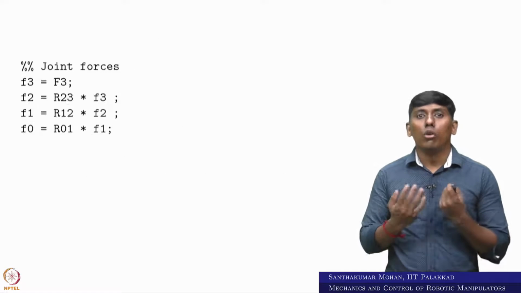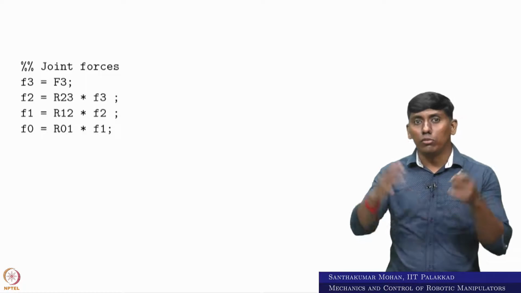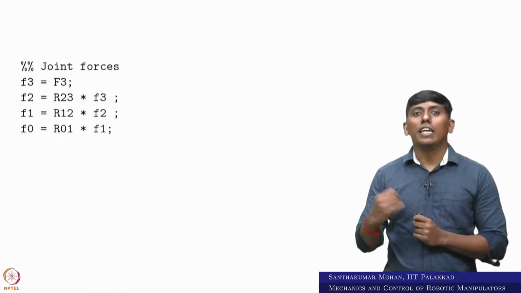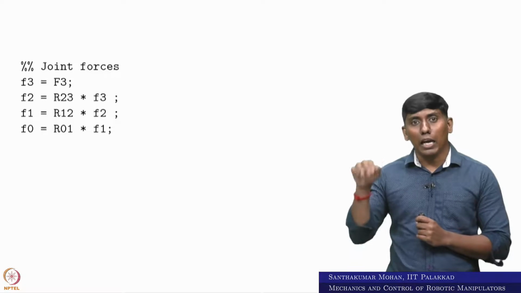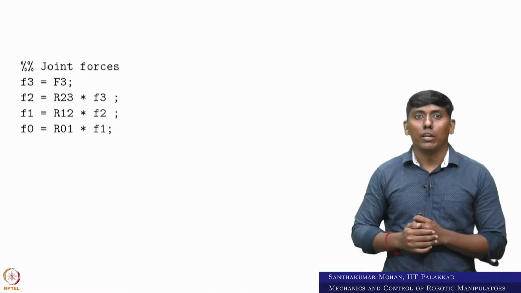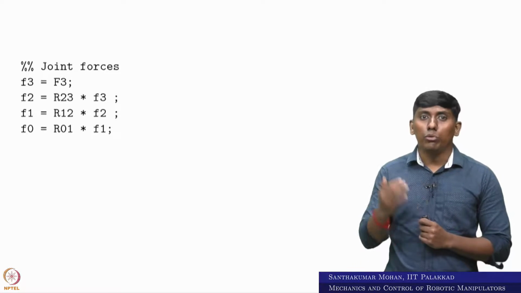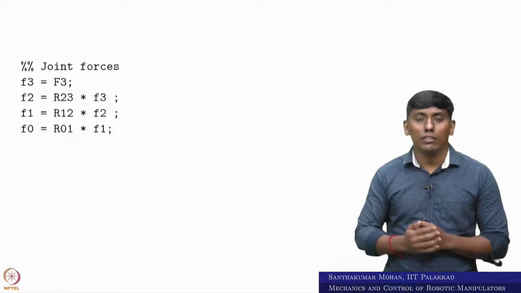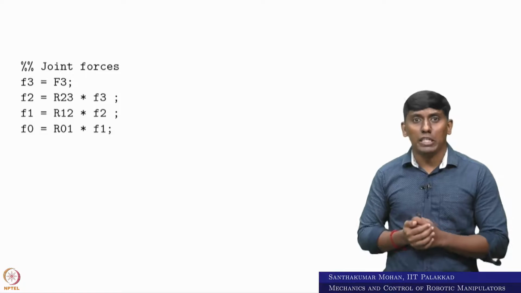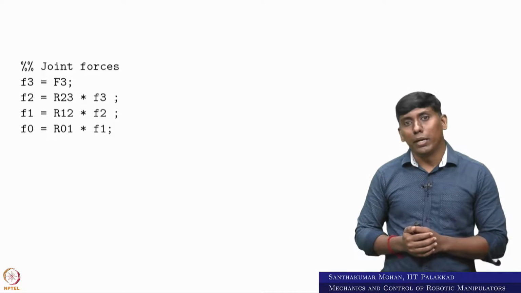Once you calculate, then you go across the joint forces. The final joint doesn't have anything else because there is no end effector added. In that sense, F3 would be simple initial force, whereas small n3 would be capital N3 plus this F3, which is acting on the centroidal, right? That would generate the couple. And when we come backward, F2, F1 and F0 can be calculated in this way. Since there is no physical body, it is just a transpose, or you can see just the rotational operator added.